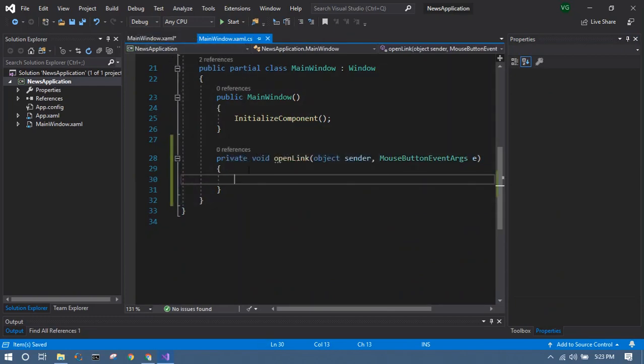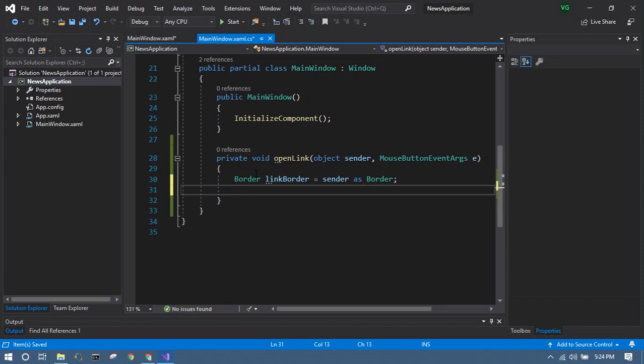So you got this. This is the very first code that you're going to write in C#. Like I said earlier, it's not going to be much of a thing. Very few things that you need to take care of in the back end. So what we are going to do is open the link that is available in the border. So the sender is the border, because only the border raises the event. So we'll create a link border, and we'll say sender as a border,